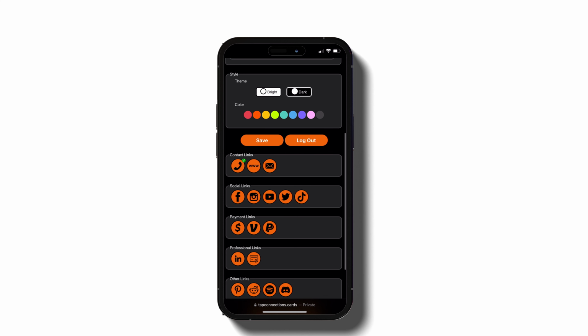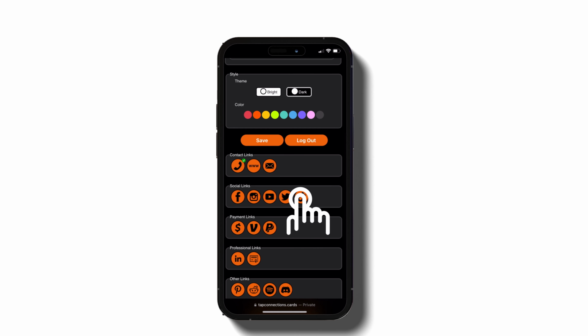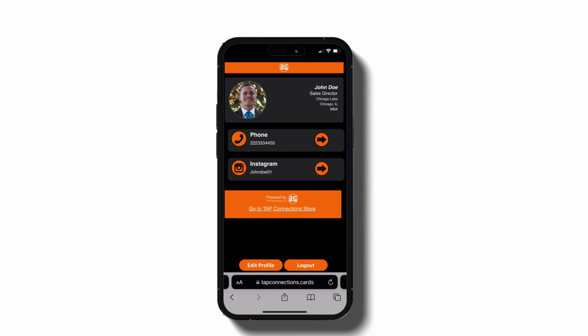You can add up to 3 of each to your profile in case you have more than one phone number, email, or any other. Notice that once you add a smart link, a green circle with a check mark will appear next to that icon. Now just keep building your Tap profile, and once you are done, just tap the Logout button. You can check how your profile is looking at any time by tapping the View Card button at the end